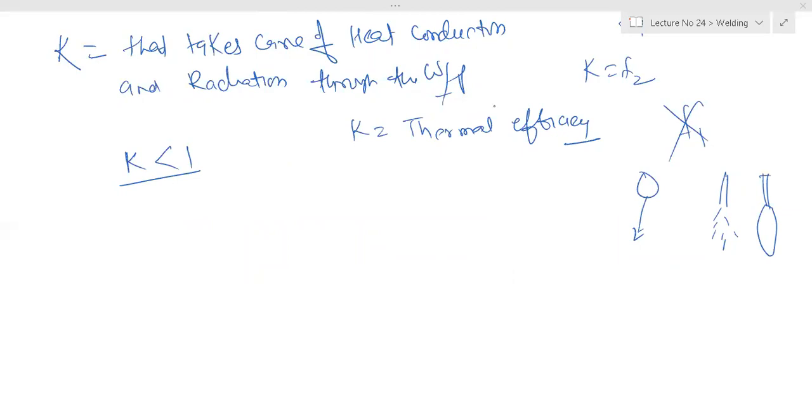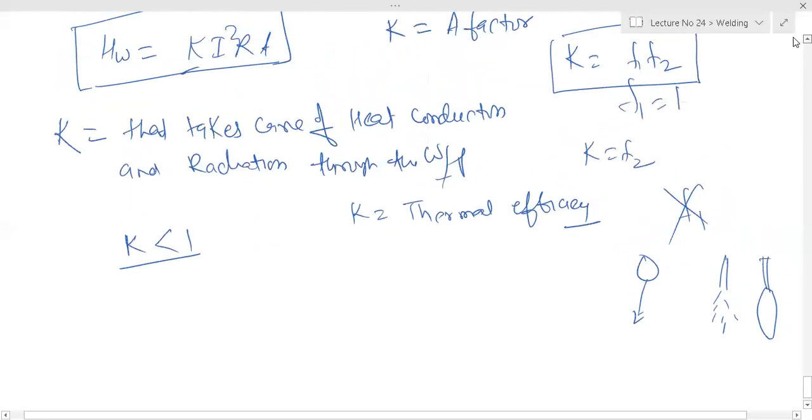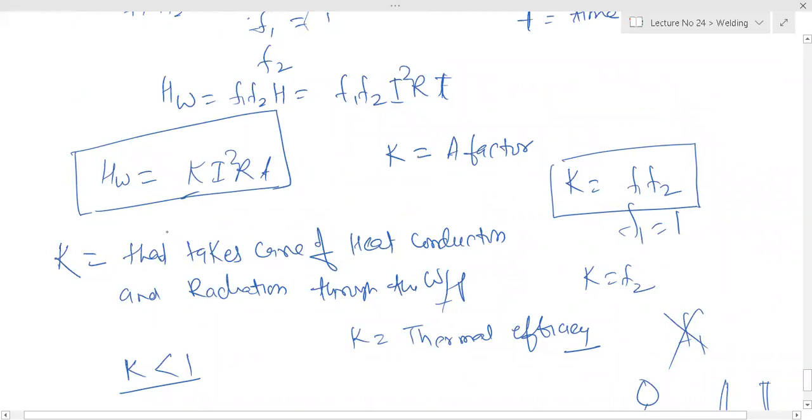Because it takes care of heat conduction. How? Energy conservation. Because this is your ideal heat generation. This heat will not be completely used in heating the material. Some heat will be conducted through the workpiece by conduction or radiation. Yesterday we discussed conduction. It is very difficult to weld aluminum, copper. Is it fine, Praveen? You are getting the point.